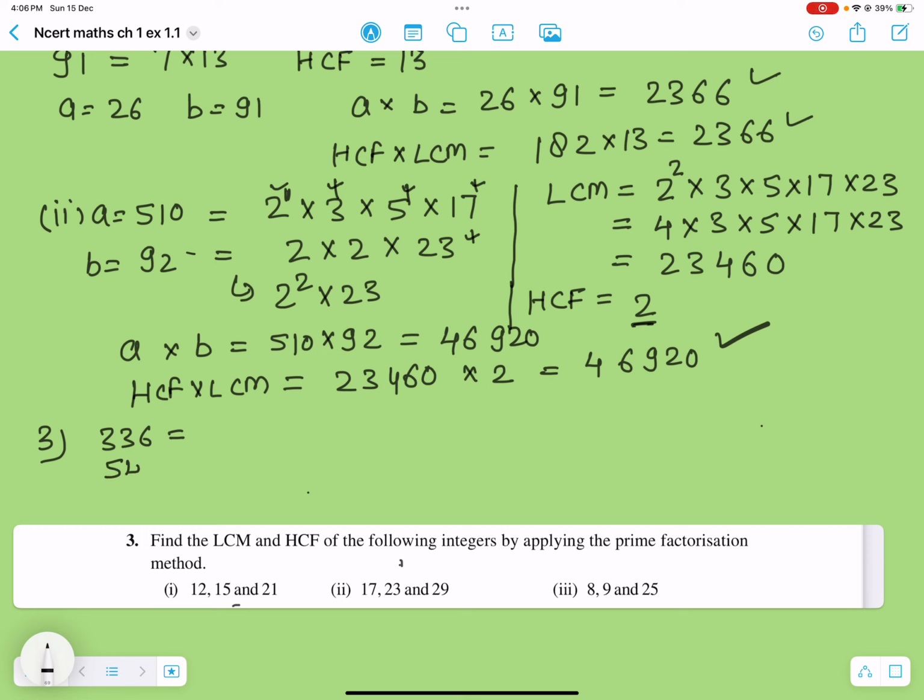336 and 54. So 336, if we take the factors, it becomes 4 times 2 multiply 3 times 7, right? And for 54, it will be 2 multiply 3 times 3, right? So nice and easy. If we calculate HCF, we will put down the common prime factor. So the common prime factor here is